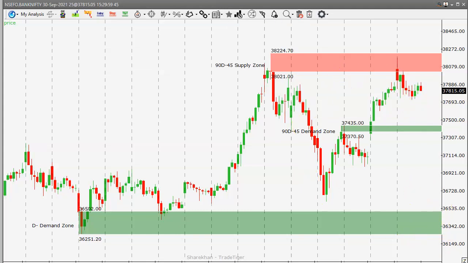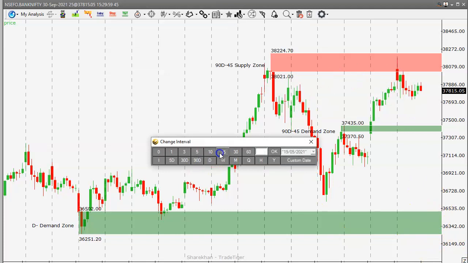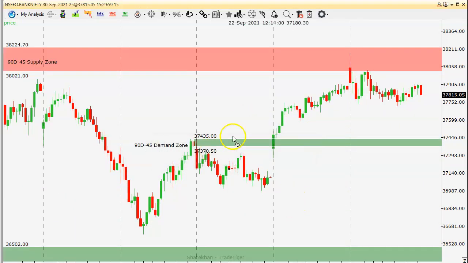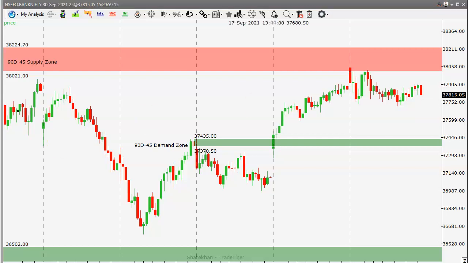So in a smaller time frame also we can plan the same thing. On a 15-minute time frame also, this is a decent setup for Monday. So that was Bank Nifty and Nifty futures trading for Monday. Now we'll see some stocks. We'll list out some stocks where we can take long or short positions on an intraday basis. So two stocks we'll see how to trade on Monday. One is Astral Poly, another is Page Industries.